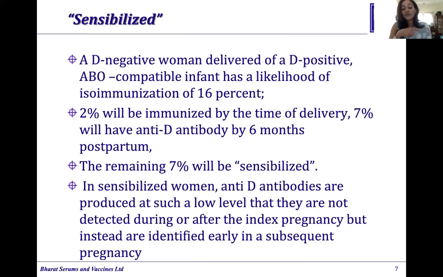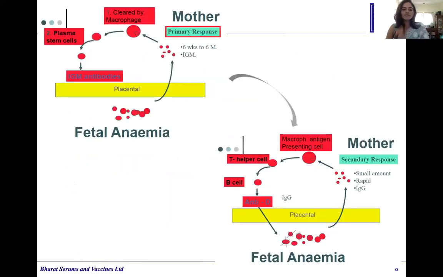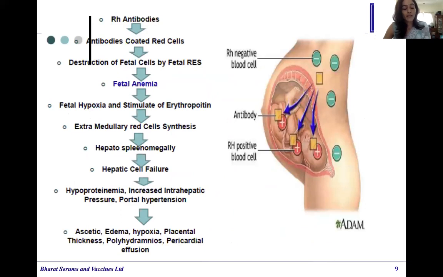And you wonder that you did everything for the postpartum, even maybe antenatal prophylaxis in the first pregnancy. And here we are dealing with the second pregnancy where the mother is now ICT positive. So therein lies this concept of sensitized Rh negative mothers. Here there's a diagram with a primary immune response with IgM antibodies, and then a rapid, higher antibody response, a secondary response wherein there are IgG antibodies.